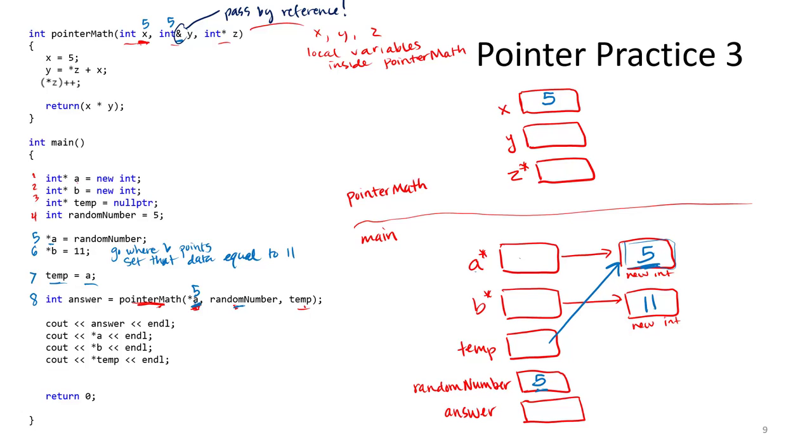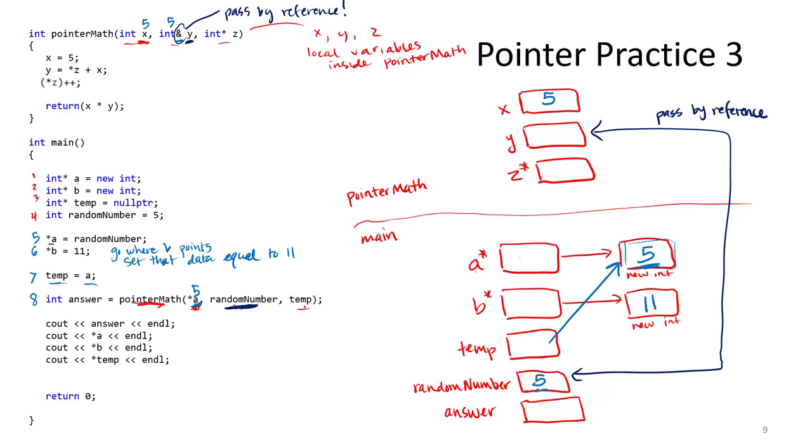Remember what pass by reference means. When we do pass by reference, that means any changes made to our variable y will also change random number back in my main function. So what I like to do in this situation is put a special note here. Notice I'm noting that our input for y is random number. So we're going to plug in random number's value, but